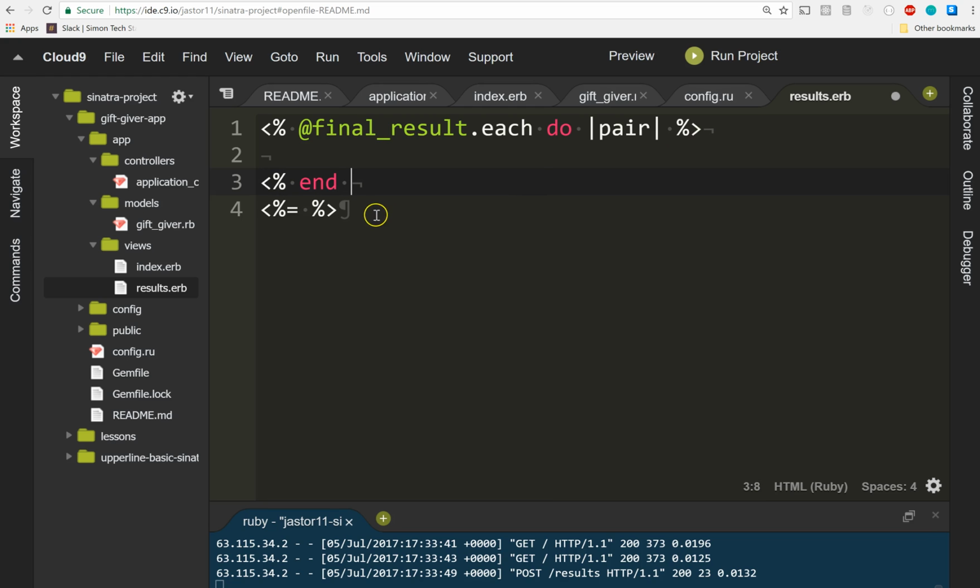Now you'll notice this looks exactly like Ruby, except we're writing it inside our HTML. Anytime you want to write Ruby that doesn't actually appear on the page, you use these open bracket percentage sign tags. Anytime you want the Ruby to actually appear on the page, you use these right here. We're taking this nested array and saying for each mini array inside the big array, we want to display pair 0